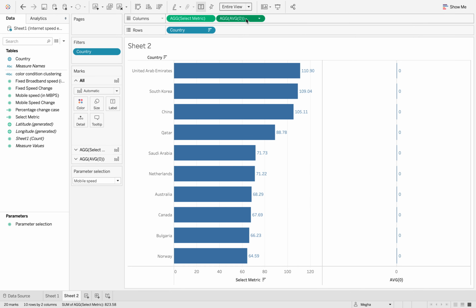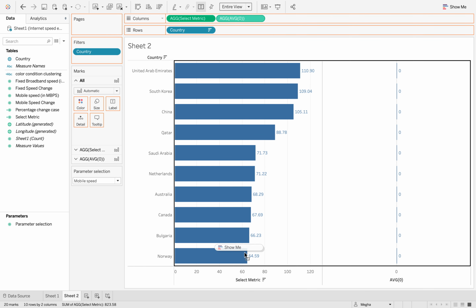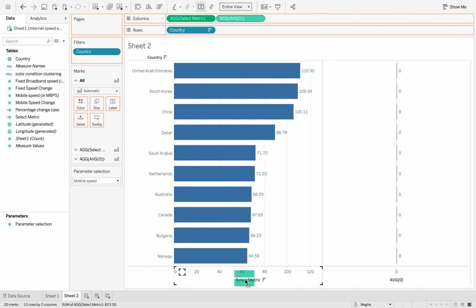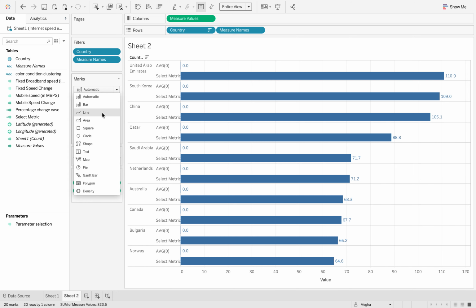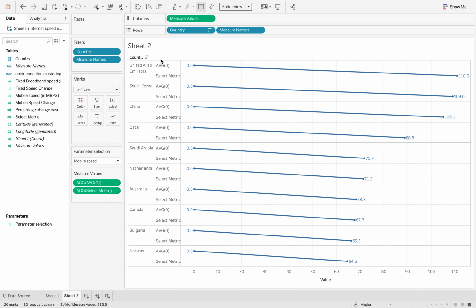Now move this calculated field into select metric to make it a combined axis. Now in marks type, change it into line and move measure names into path.